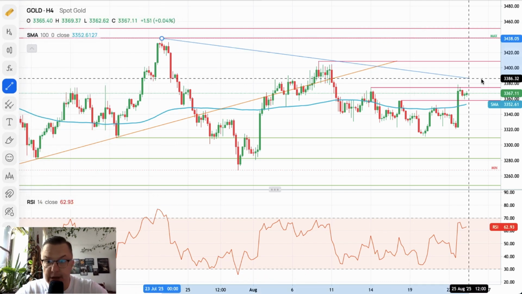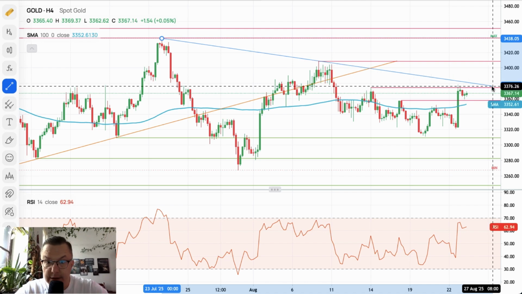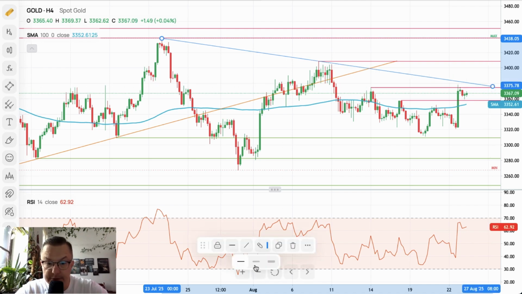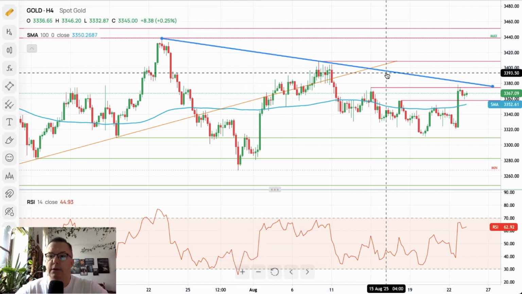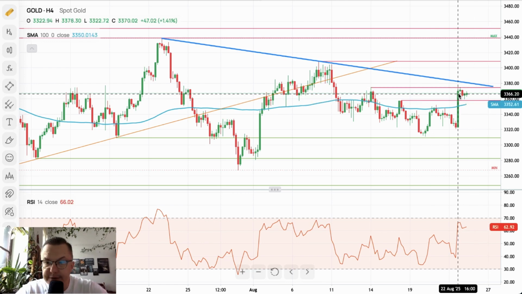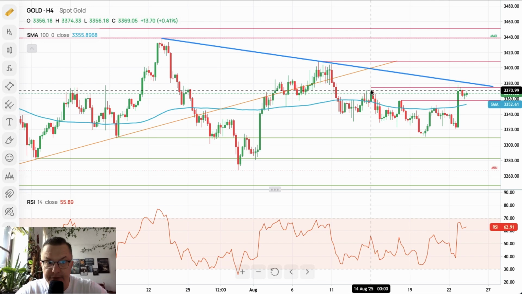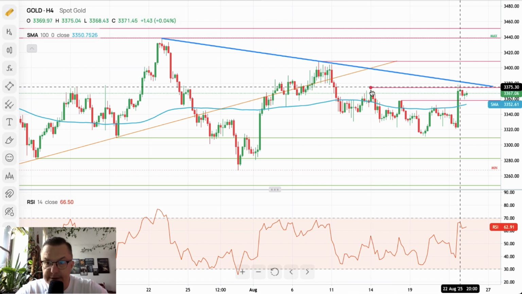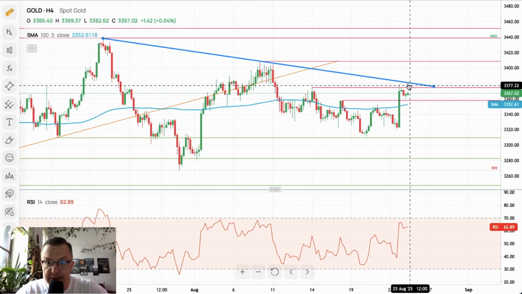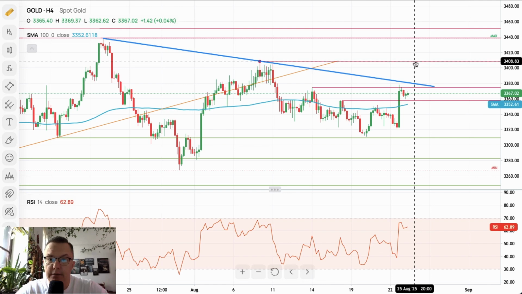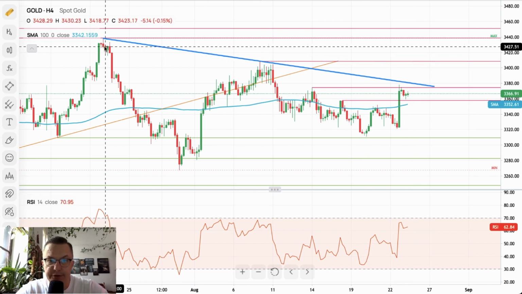We got the swing high. We got this trend line here. Let's keep it blue because we already got the orange one. So right now, price just stopped below the trend line. Hit the 3,374 technical resistance. Now if there is a breakout above the blue trend line up towards 3,408, well, we have the potential attack for the swing high located at 3,438.